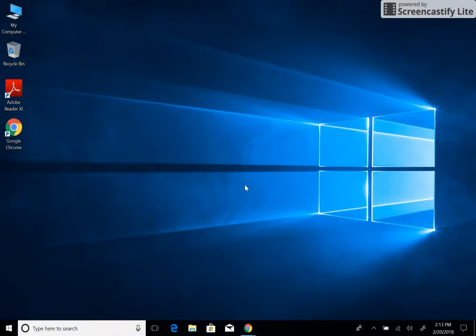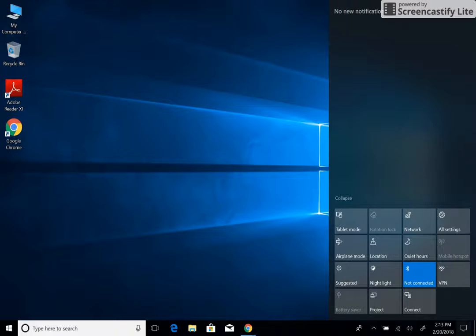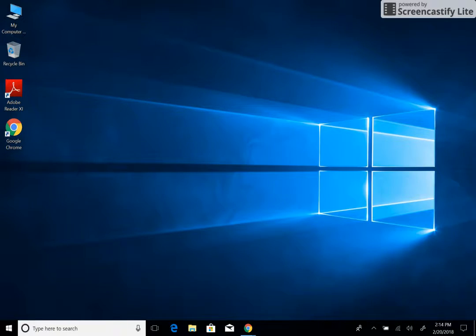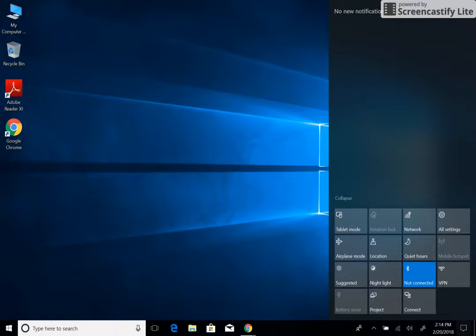There are a couple ways of getting to the Action Center. The first is swiping from the right side of the screen to the left using your finger, and then you can see the Action Center shade appears from the right side. The other way of doing it is to just tap on the Action Center icon in the lower right-hand corner of the screen. It looks like a square speech bubble or a square speech icon, and